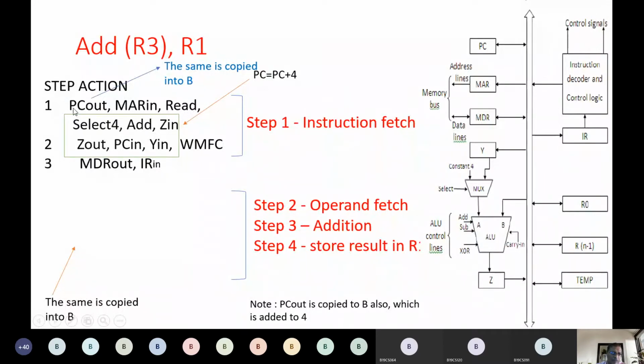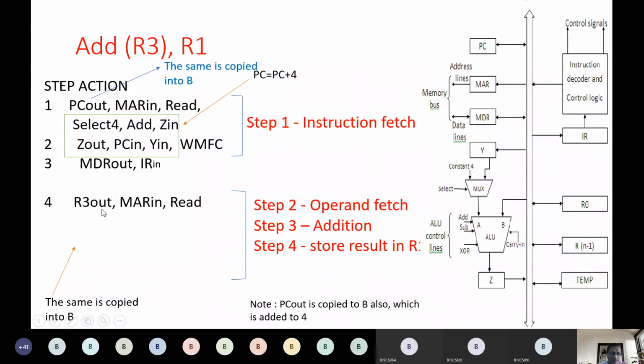So you can see the data flowing from PC to instruction register. From PC it is copied into instruction register. In previous units we discussed that it flows from PC to IR, but we didn't know what the scenario would be. Here you can see the complete scenario of how it flows from PC to IR. This we call instruction fetch. Instruction fetch means we access the address in PC into IR.